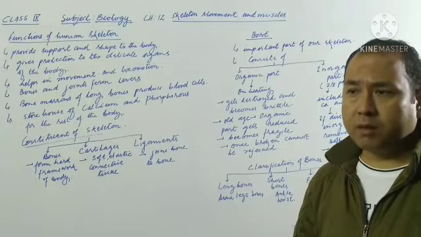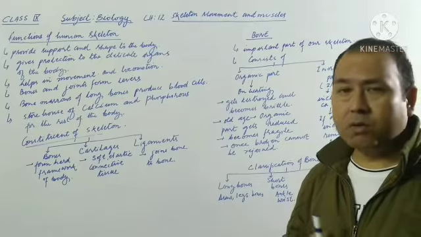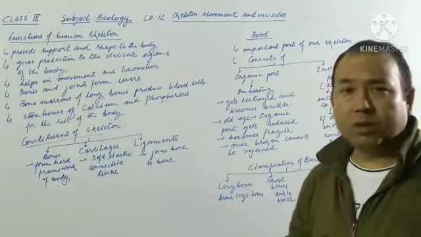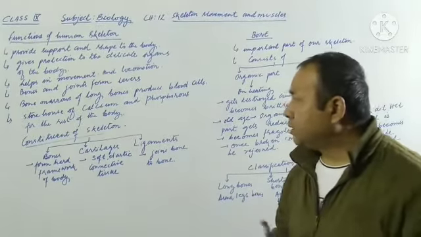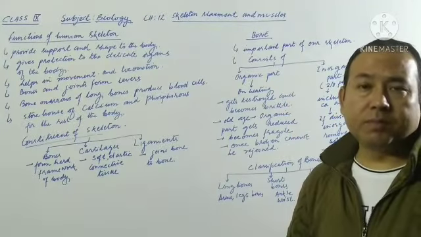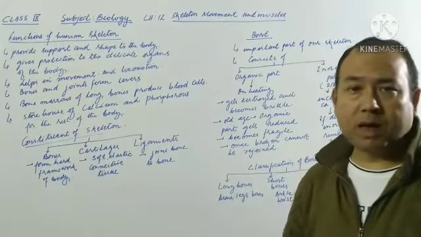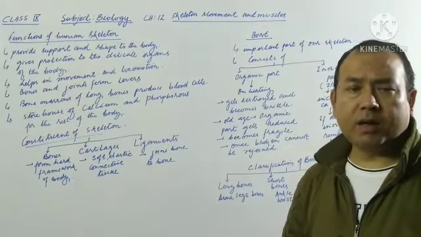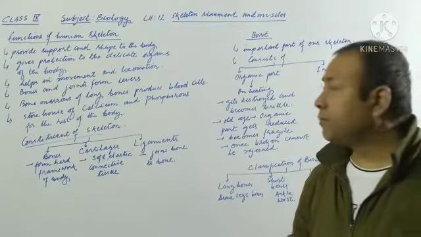Movement means when a part of the body moves, and locomotion is when the whole body moves from one place to another. In both cases, it is the skeleton which helps us. Then, bones and joints together form the lever system. About levers, you might have learned in class 6. Class 1 lever, class 2 lever, class 3 lever, the same types of levers are there in our body at different joints, about which we'll discuss later.